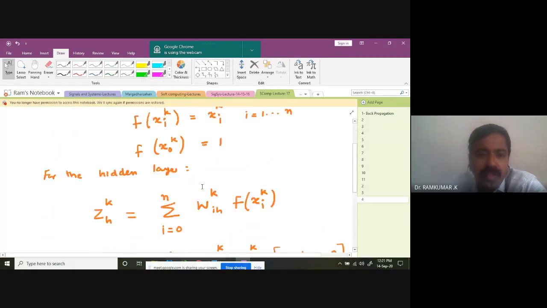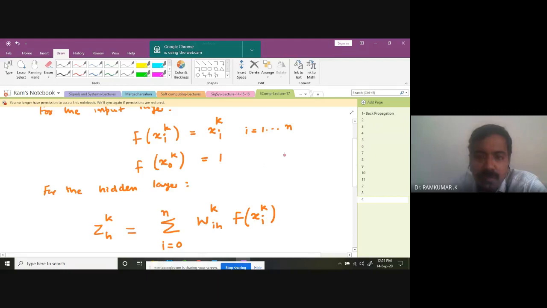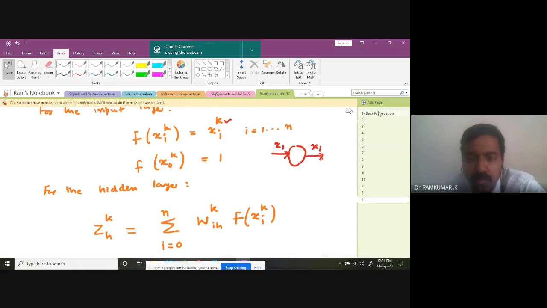Now look at this input case. We see the input node 1. Node 1 is going to give an input, so it's receiving inputs. It's a linear function. Whatever x_k it receives, the same is going to be the output. We're going to get x1, and its output is also going to be x1. Understand? That's a linear function we are talking about here. So that's the output you'll be getting.